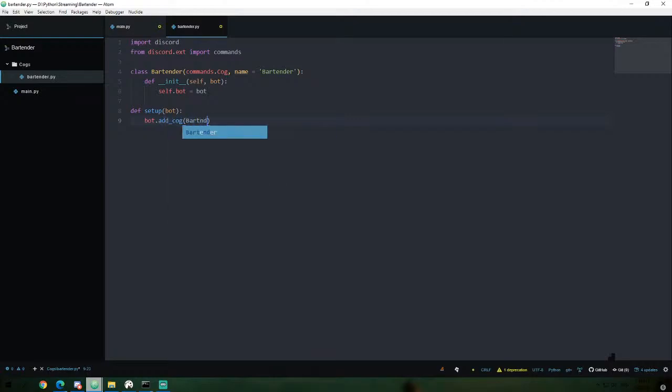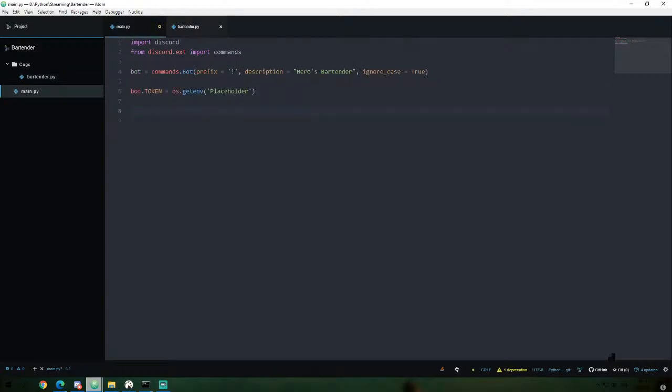And we're gonna add bartender, and it's going to be passed to the bot variable. So now what we can do in here is we can say extensions. I am struggling with spelling. We're going to create a list, and it's going to say cogs.bartender. So this is going to reference the cogs folder and the bartender file. And we're going to say for extension in extensions